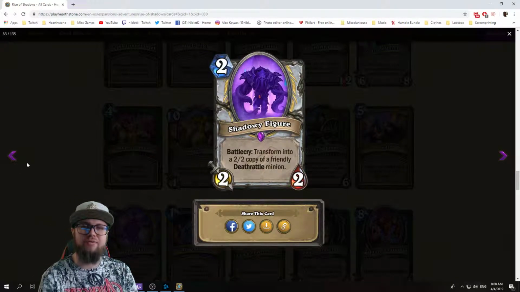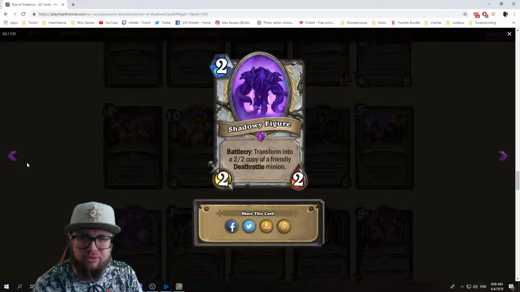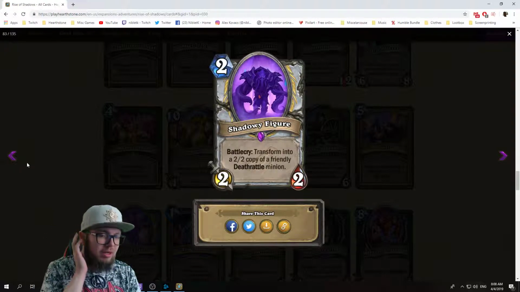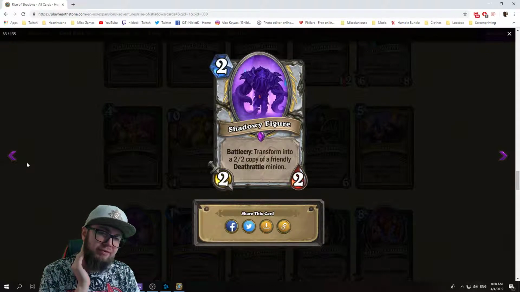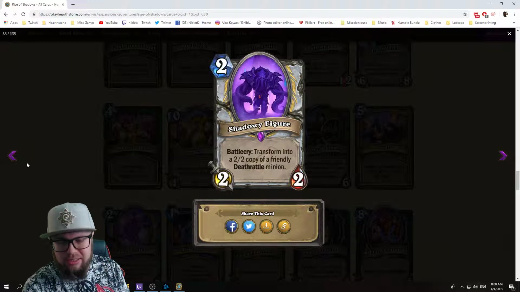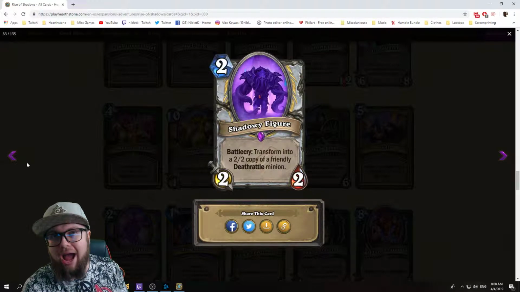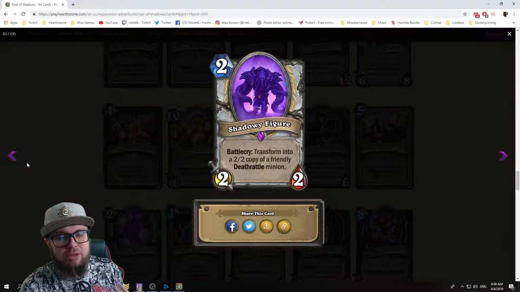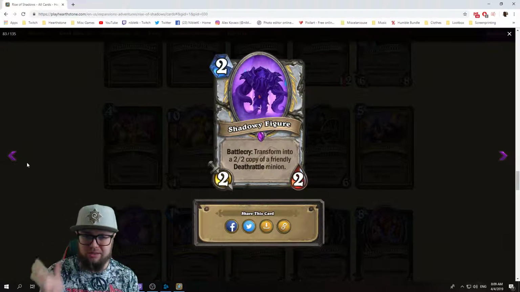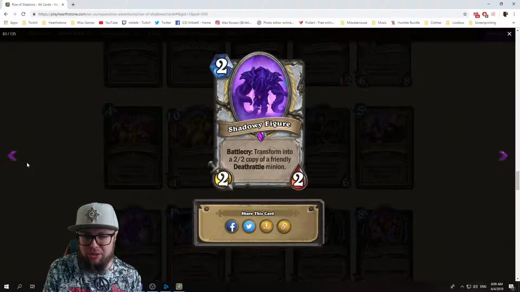Okay, next we have Shadowy Figure, a 2-mana 2/2 Priest minion. Battlecry: transform into a 2/2 copy of a friendly Deathrattle minion. Okay, so on first glance that doesn't look as powerful, but effectively it's actually really powerful because one, this is a Deathrattle minion. It can synergize with Priest's Deathrattle mechanics that they like to have, and you get to choose. Okay, you have to play a lot of Deathrattles, but that's not really a downside for Priests. And second of all, you get to copy a specific Deathrattle that you might actually want inside of your